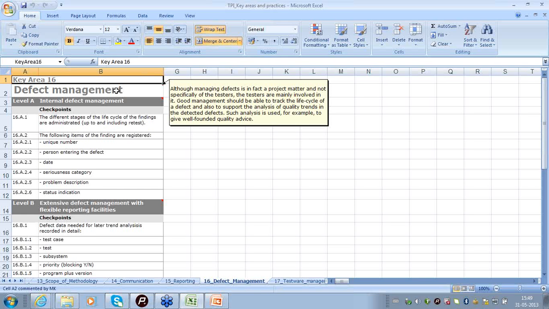So using the defect management practices, the model says the test team can get an idea of the quality of the product by analyzing the trends which can be generated out of the defect management system.